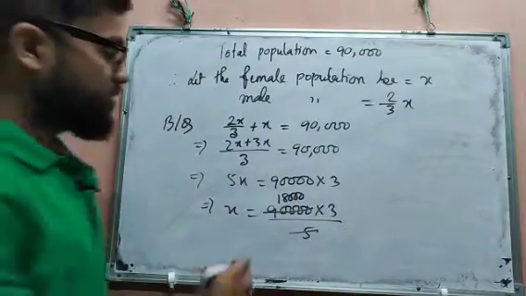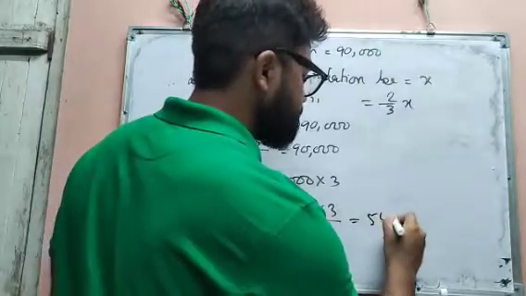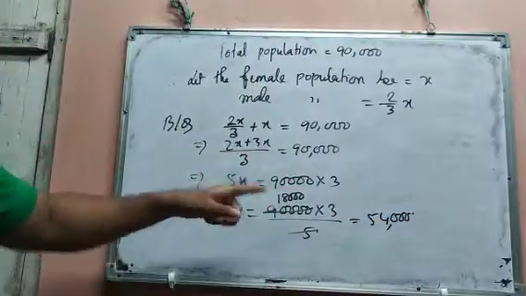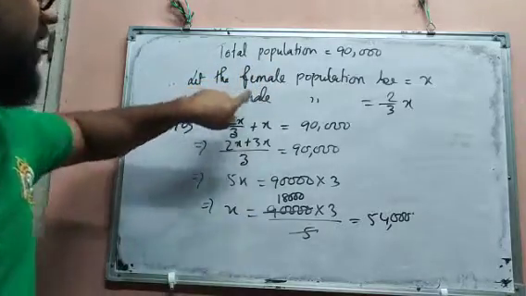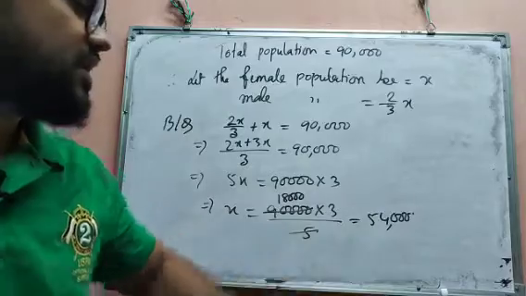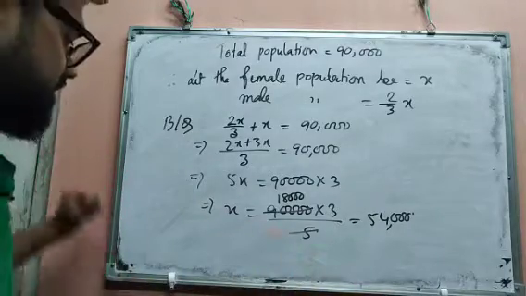So you will get 54,000. That means the female population, we have taken x as the female population, so the female population is 54,000. Now we are asked to find the male population. Therefore,